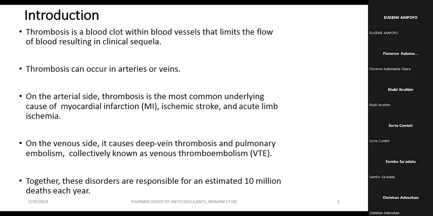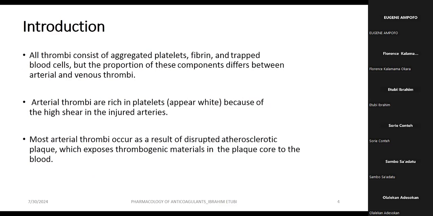And when they occur on the arterial side, they are most commonly the cause of myocardial infarction, ischemic stroke, and acute limb ischemia. Both arterial and venous thrombosis are said to be responsible for over 10 million deaths. Now, in terms of the components of thrombosis, all thrombi have similar components, but the composition may vary